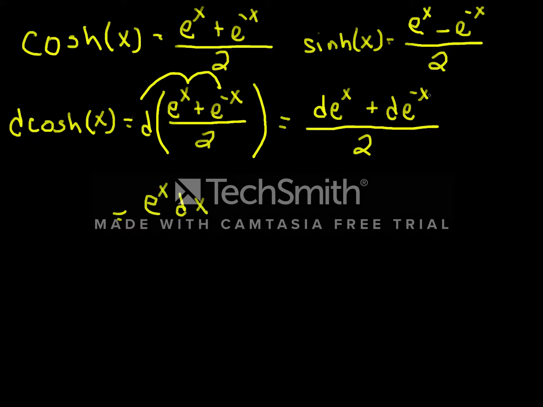And the differential of this is going to be plus, so think of this as our u, e to the negative x, the differential of negative x, all divided by 2,